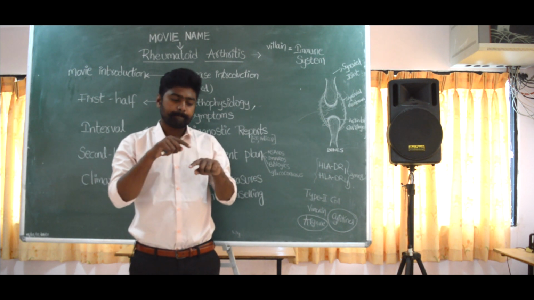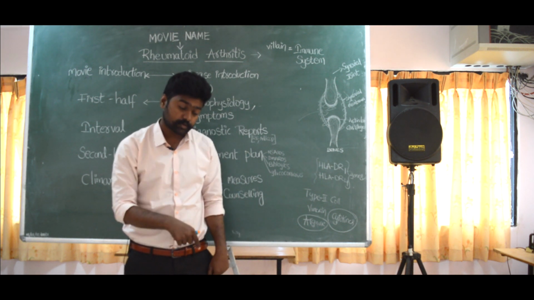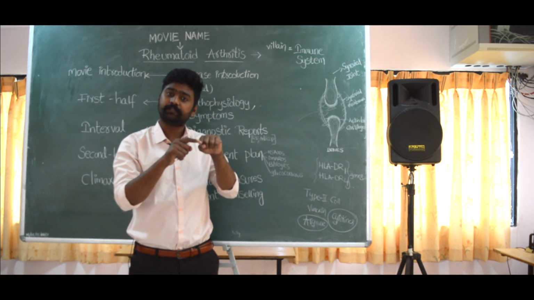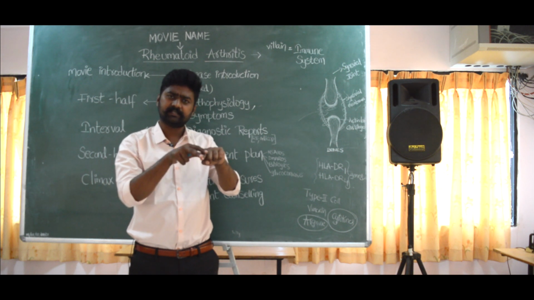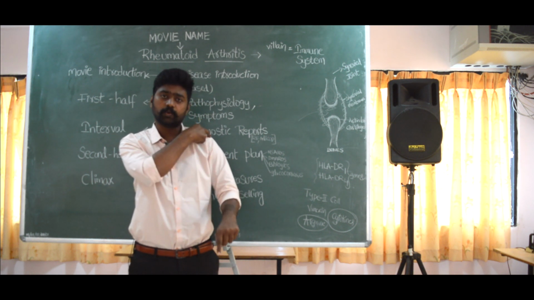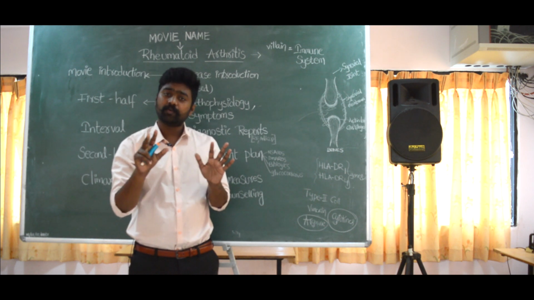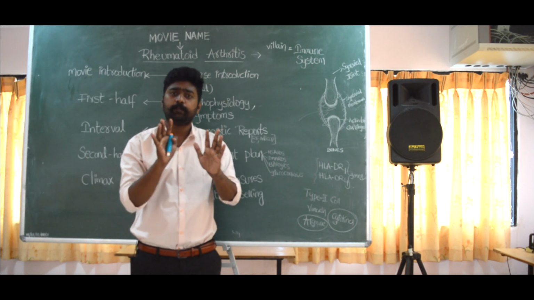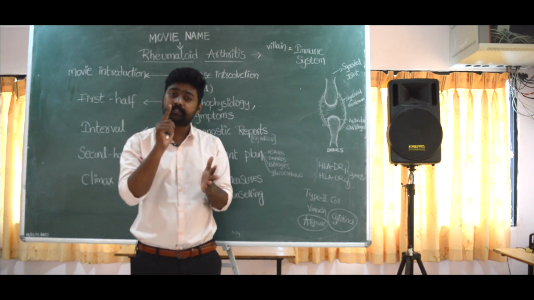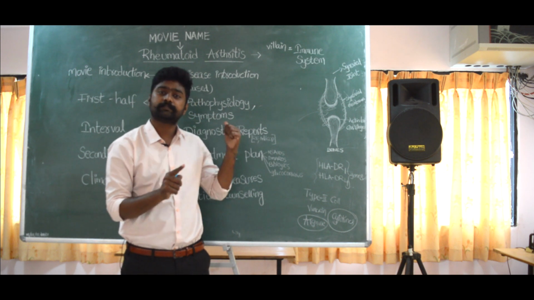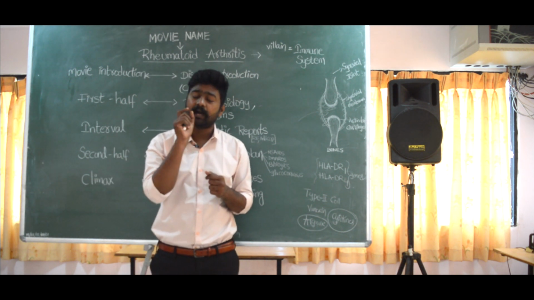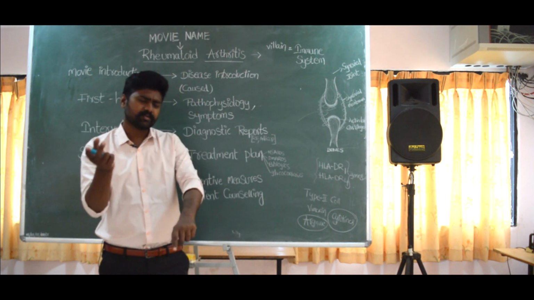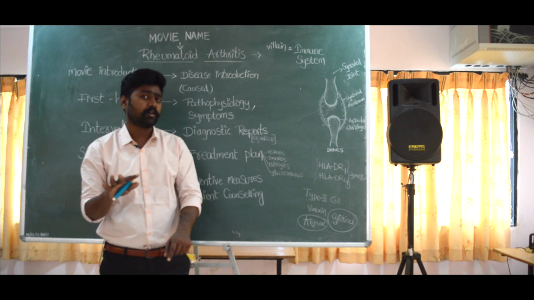Majorly they attack metacarpophalangeal joints, metatarsophalangeal joints, proximal interphalangeal joints, or distal interphalangeal joints. Majorly they attack these, or they can also attack the shoulders, ankles, elbows, every possible joint. And we get pain, we get stiffness, particularly morning stiffness. In case of symptoms, morning stiffness will be the salient feature in rheumatoid arthritis. Okay, you remember those points. And of course, redness and swelling are common.